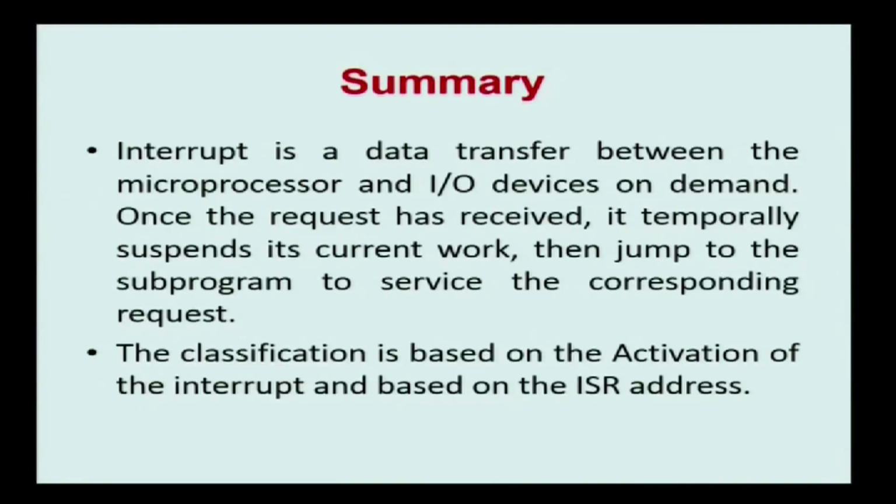So, in today's session we have discussed the interrupt. What is an interrupt? How do we activate the interrupt? An interrupt can be activated by using software or hardware. For that we have 3 instructions: DI, EI and RET. Once the interrupt is activated, the processor completes its current work, then switches over to the specified location. The specified location is the interrupt service routine, where the driver program of the request is stored. It runs the interrupt service routine, then returns back to the main program with the help of the return instruction.